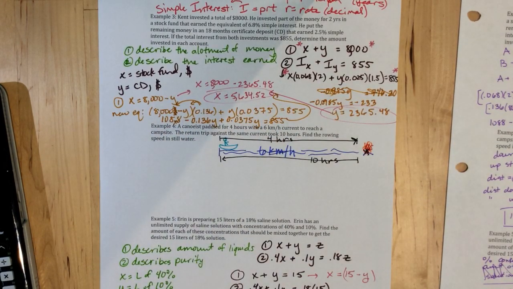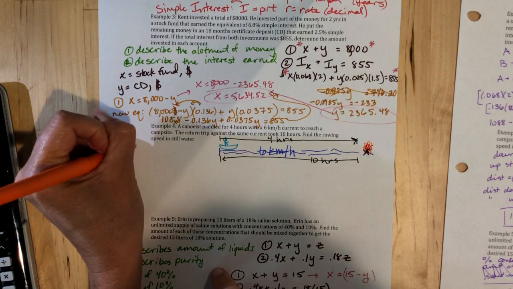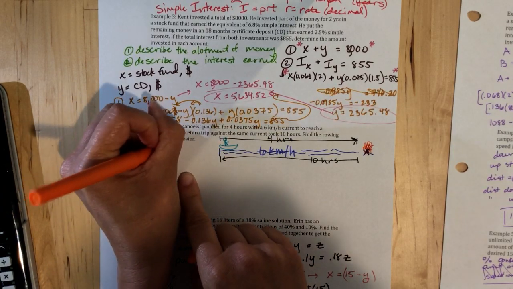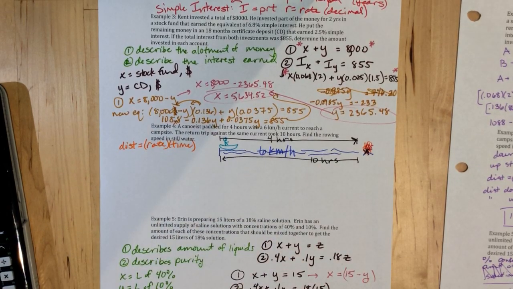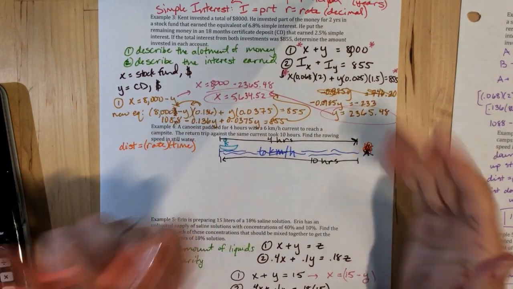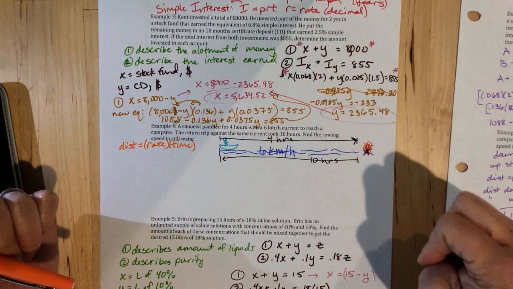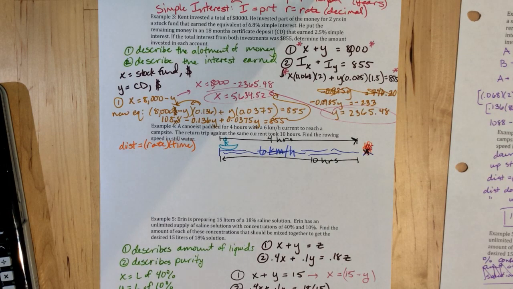So the first thing we need is that distance equals rate times time, right? Because what we're going to use is look at the picture. What's the one thing that's common in both the trips? The distance. So for my trip upstream,